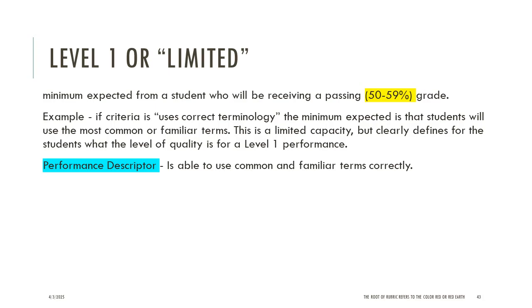Okay, so level 1, what is the language of the rubrics? Level 1 or limited is the minimum expected from a student who will be receiving a passing grade from 50 to 59%. The performance descriptor is able to use common and familiar terms correctly. For example, if the criterion is uses correct terminology, the minimal expected is that the student will use the most common or familiar terms. This is a limited capacity, but it clearly defines for the student what the level of quality is for level 1 performance. So again, level 1 performance is the student achieving from 50 to 59%,